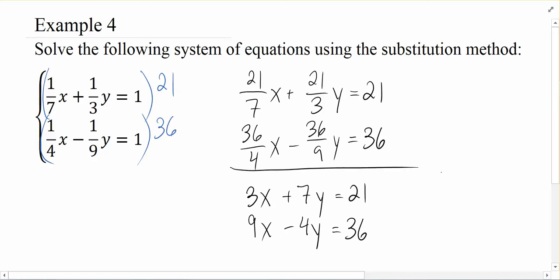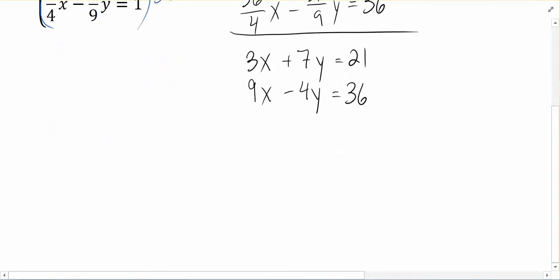Now we're still going to run into a little bit of a problem here. In order to use the substitution method, we need to get one of these variables by itself. And that's going to introduce some fractions into the problem that we're going to have to deal with. And that's really the motivation for the next algebraic method. We're going to look at another method in a little bit where we can solve this without having to deal with fractions at all. But let's go through this substitution method because I did want to show you one where it's not already solved for in and of itself.